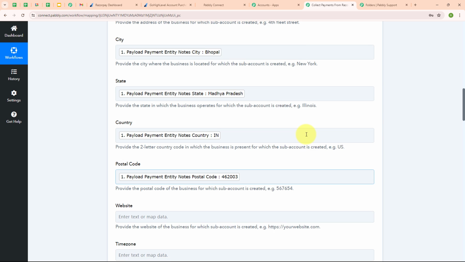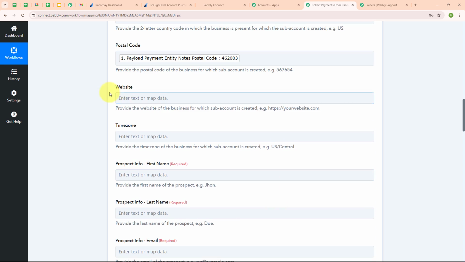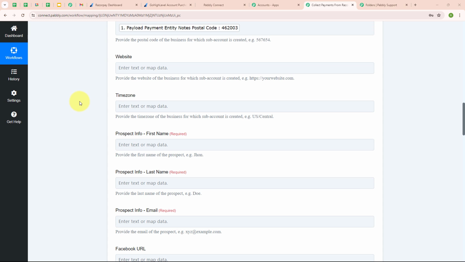Now here after entering all these details, moving forward, and then here it is asking for a website. So again, this is not a required field, so here I'm going to leave it blank. But if you want to add the website, then you can do it as per your need. And now here it is asking for the time zone. So here in the instruction it says, provide the time zone of the business for which the sub account is created. So here as all my customers are from the same time zone, so here I'm going to enter this